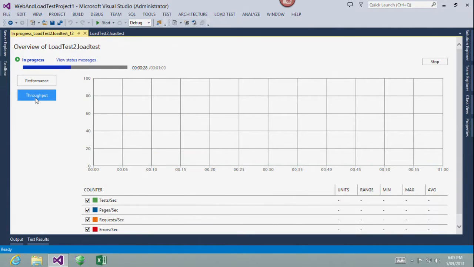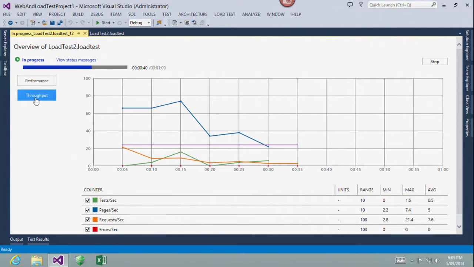I can switch across and see what's happening with our throughput. And these have been improved. Remember, this is the preview version of this. So when you see RC or potentially RTM, these are a lot more responsive. These ones do tend to have to catch up and draw segments every now and again. But you see, they're just doing this with absolutely no load whatsoever. Driving 24 concurrent virtual users from one of the Azure hosts doesn't raise a sweat at all.